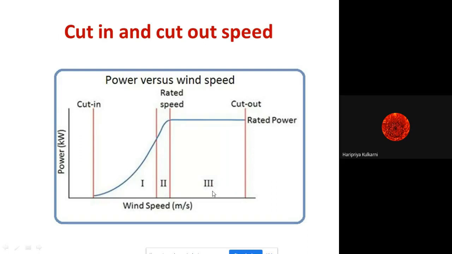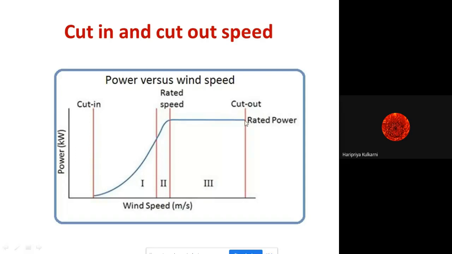Now the third zone is again an important zone where your wind speed is varying, but we are getting a constant power. So rather than operating your turbine here, we try to operate it in this zone with the help of the gearing assembly, definitely, so that even if there is a variation in the speed, with the help of the gearing assembly, we can maintain the speed at the turbine output, which is given as generator input, so that we will get a constant amount of power, which is the rated power.